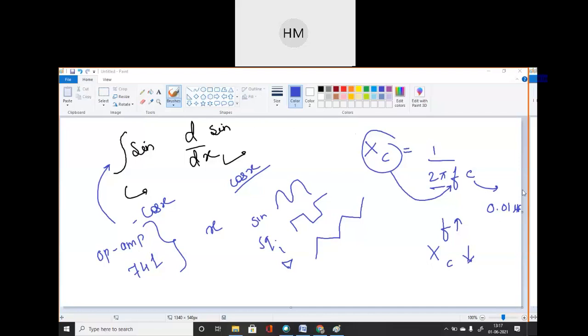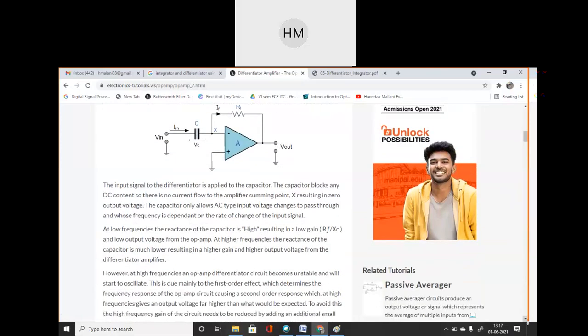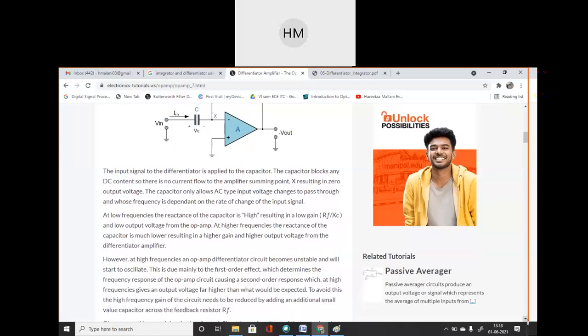No, ma'am. So XC is my capacitive reactance, ठीक है, and it changes as the input frequency changes. We apply the input signal at this end, V in, continuously. It will store some amount of charge over here as positive sine waves flow through this. The operational amplifier will get some output. This output should be the differentiation of this input, but it will differentiate only for a particular range of frequency. सारी frequencies पे differentiate नहीं करेगा, ठीक है.